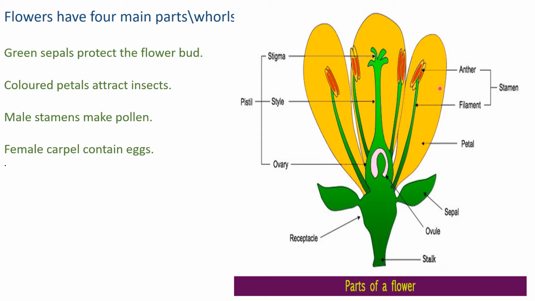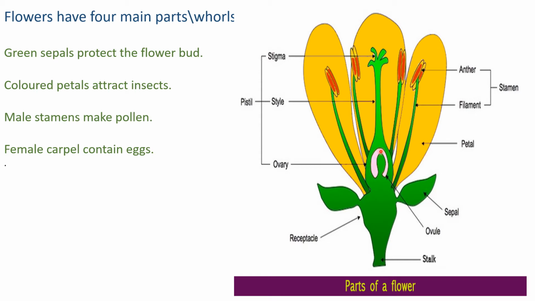The pollen reaches the stigma from the anther, and it begins to grow down the style in order to reach the ovary. And what is the ovary? It is the base of the pistil. It holds the ovules, and the ovules are the flower's eggs located inside the ovary. They are fertilized by the pollen and grow into a seed, and the ovary forms the fruit. Whenever you eat a fruit, you will see that there is a seed inside it.